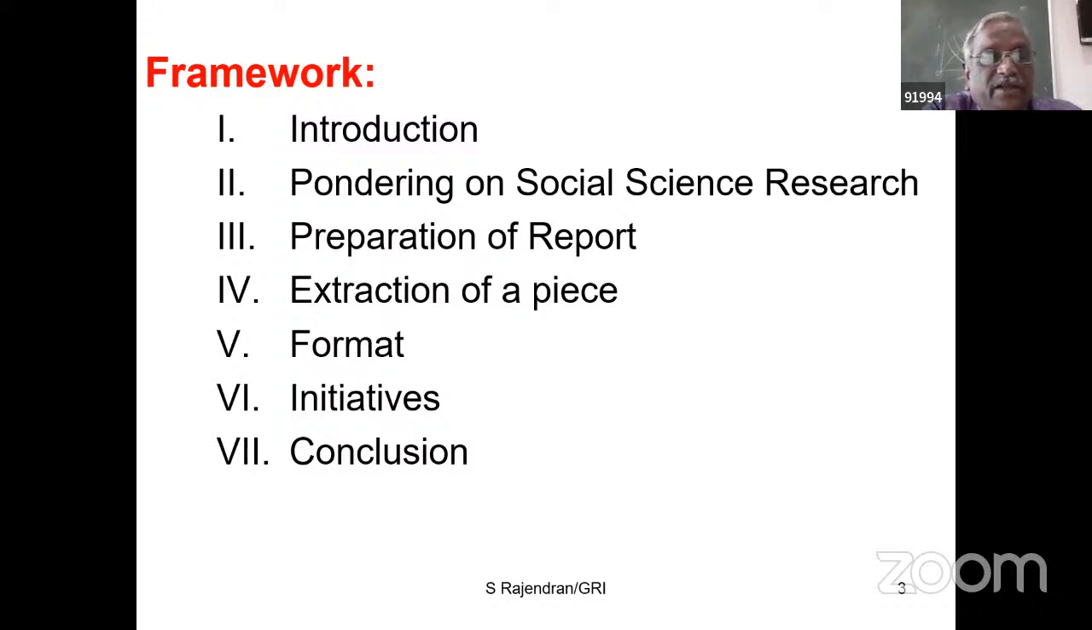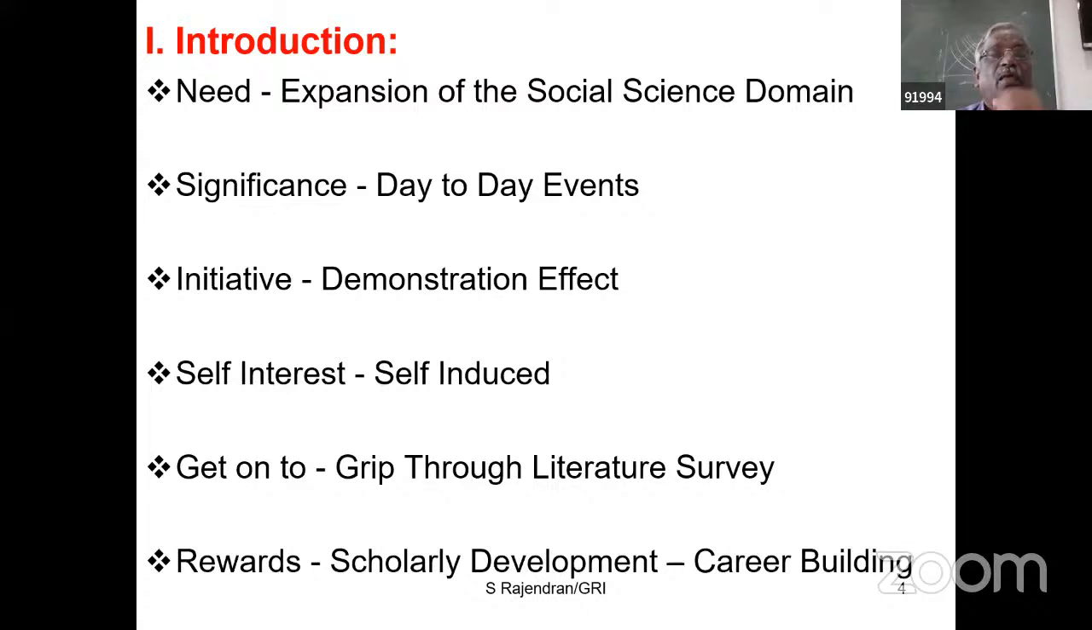And in the penultimate section, the initiatives on how a researcher can seriously get into preparing a research paper will be discussed. And finally, I wind up by drawing a few inferences from the presentation. This is how I have structured my paper. Now,